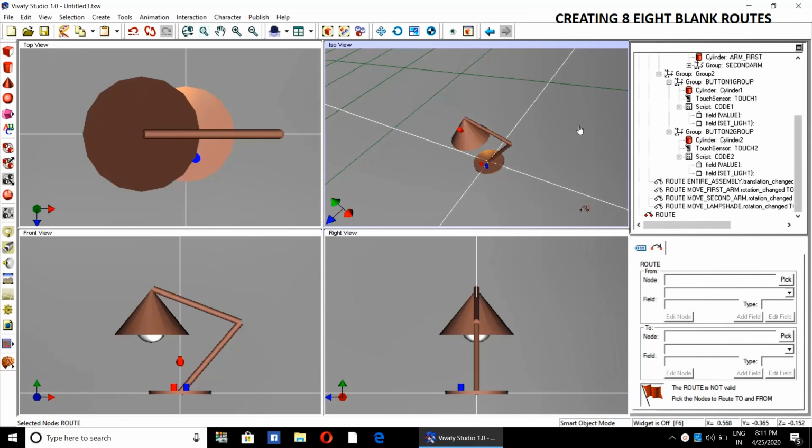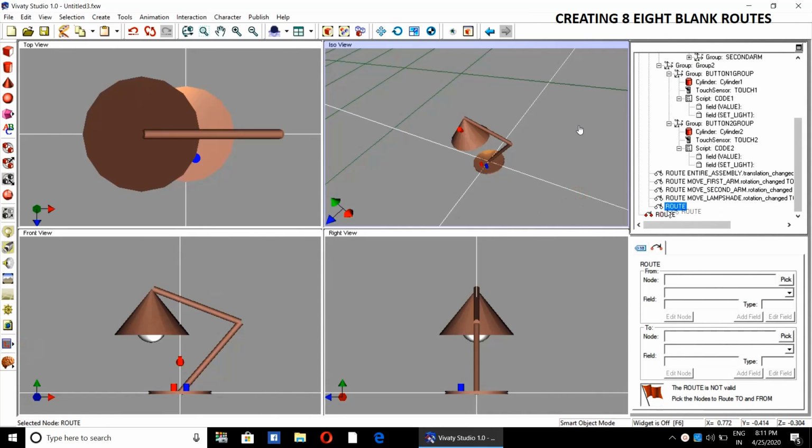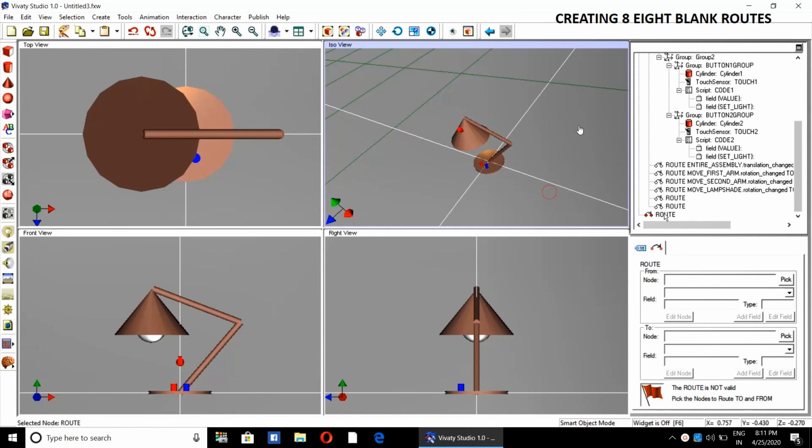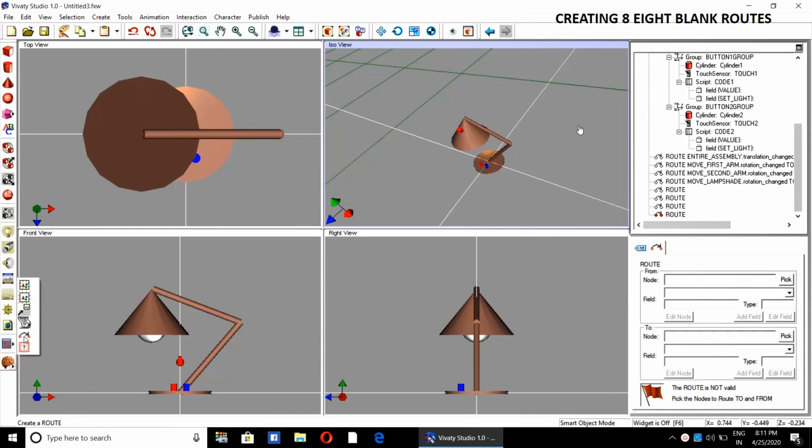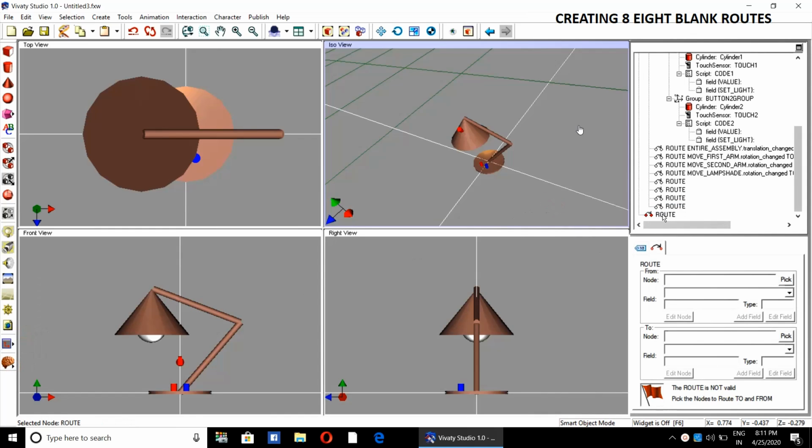Now creating the blank routes, we will require 8 blank routes. Alternatively, you can copy the routes. I don't know whether they will work or not, but for this particular tutorial, I'm creating the routes by the normal procedure.